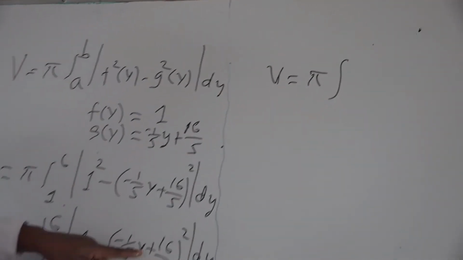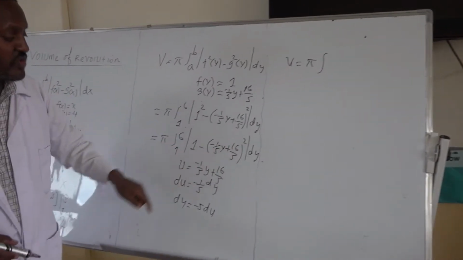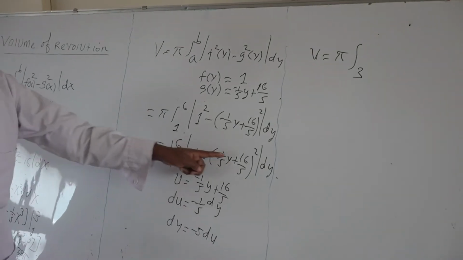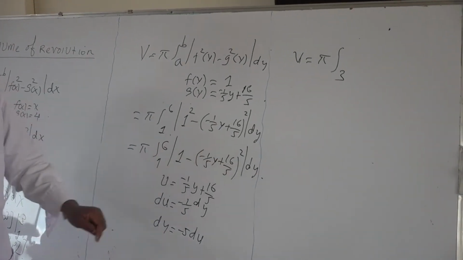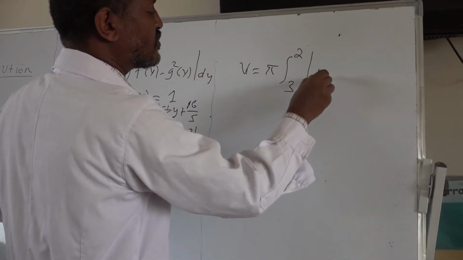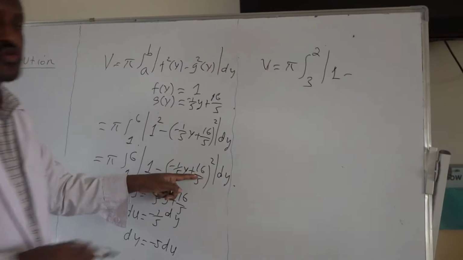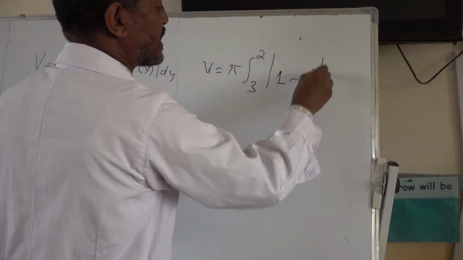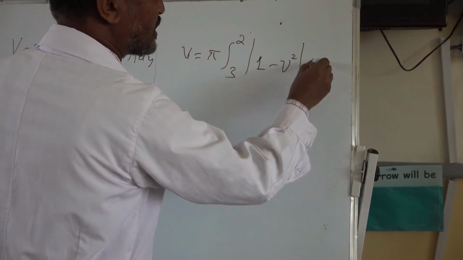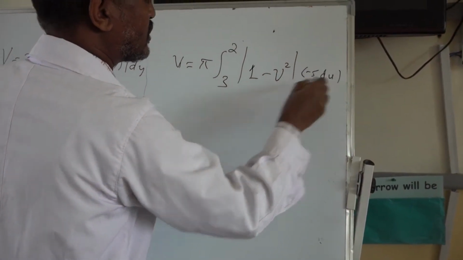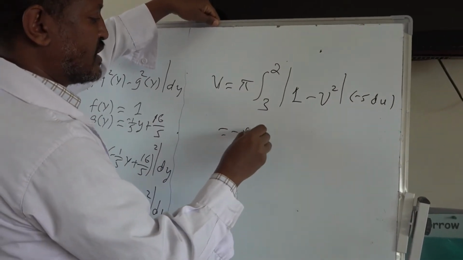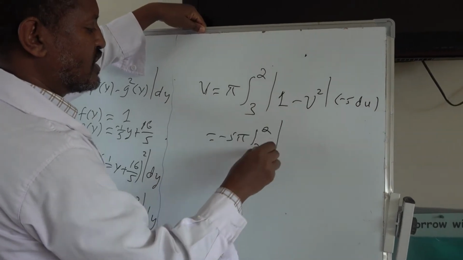When y is 1, negative 1 over 5 plus 16 over 5, 15 over 5, that is 3. And when y is 6, negative 6 over 5 plus 16 over 5, 10 over 5, which is 2. The absolute value of 1 minus u square du, but dy is negative 5 du. So take negative 5 out: negative 5 pi, integral from 3 to 2 of the absolute value